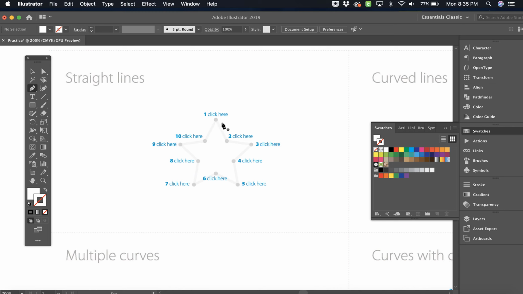So this is a pen tool exercise and it takes a while to learn how to use the pen tool correctly. But once you learn how to use it, it's amazing what you can design and create in Illustrator. So I'm going to follow the directions here. Click here, click here, click here. And as you can see, I'm following